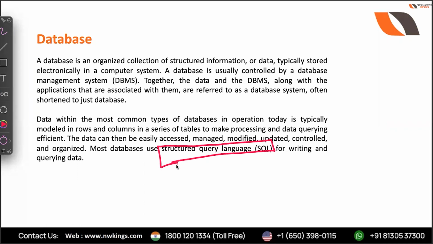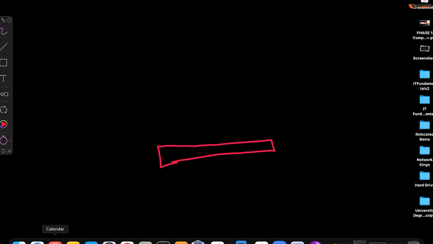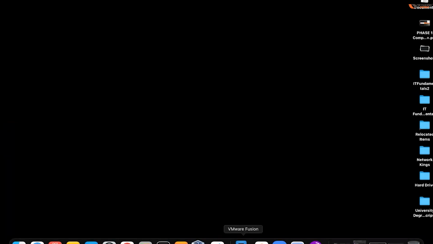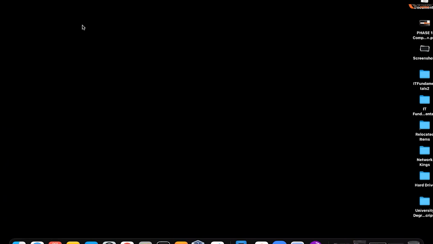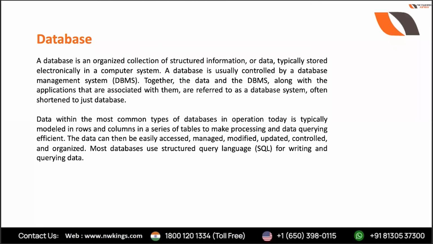So when you have to deal with a lot of data, okay, not just on your computer, because if you have to find files, you can do this easily. You can go here and you can find these files, right? But if there is a lot of user data, not just yours, a lot of people, 100, 200, then at that time, you cannot just store it on your computer. You require a database, a real database, which will be managed by or controlled by a database management system.